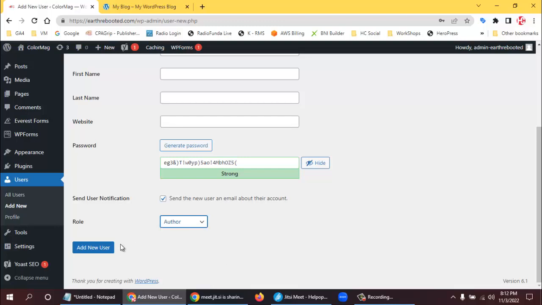So once we do that, we can click on add user, and that user will be added. Now since this is our personal website, we don't have multiple users over here. But if you want people to register on your website, that functionality is available. Of course, if you want user generated content, like how Facebook is having,